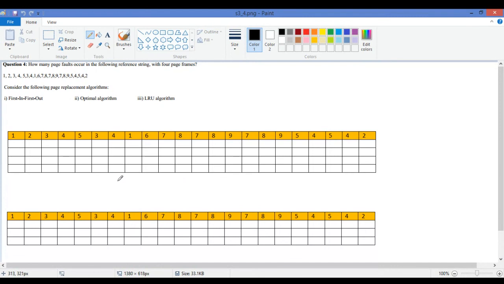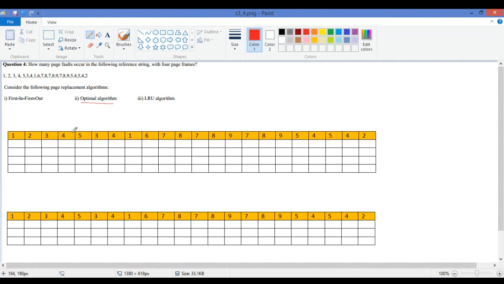Now let's go for another algorithm called the optimal algorithm. Now I'll be showing you this optimal algorithm. In the optimal algorithm, remember one thing, this is not practical. This optimal algorithm is always good, but it is not practical because we don't know the future. It will look into the future. That's why this is not practical, but we can use this algorithm as a reference line for comparing which algorithm is good. Okay, so now I will show you.